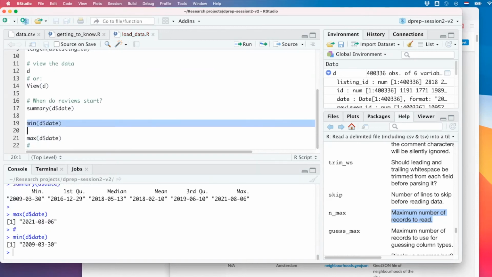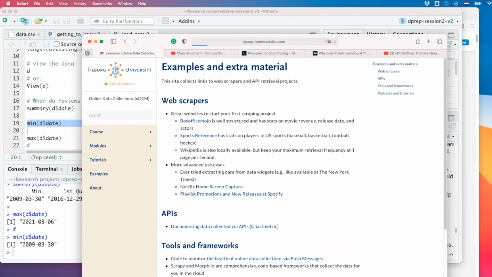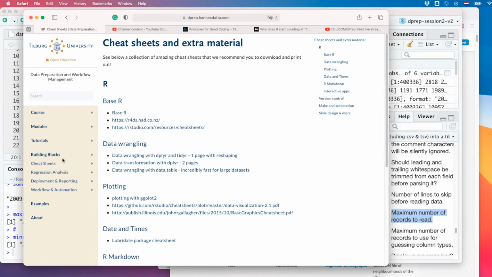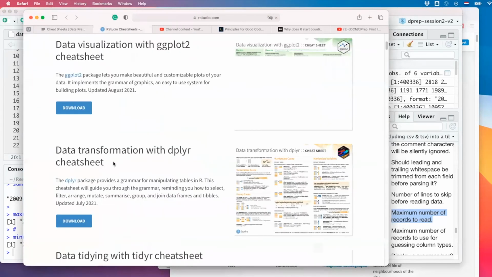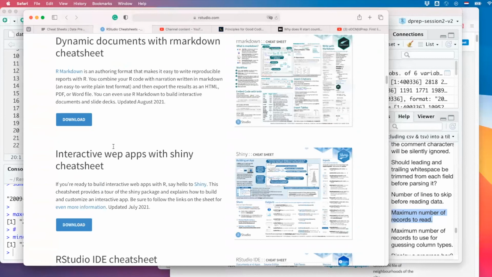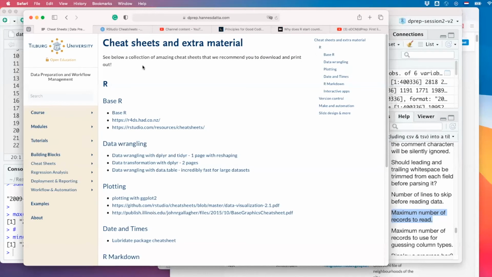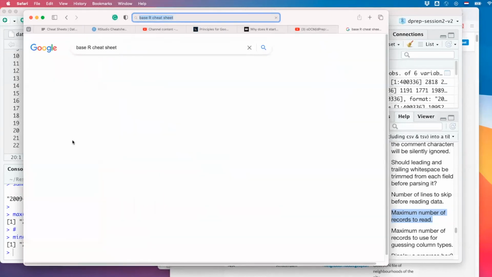Min, max. Where the hell do I know all of these commands? Well, it's year-long practice and cheat sheets. So this is the wrong class. Again, I point to cheat sheets, and right now zoom in a little closer to what I want. Base R, let me see. Oh, page not found. Oh, I need to update data transformation, base R cheat sheets. And these are all too advanced. So let me find you guys a better one.